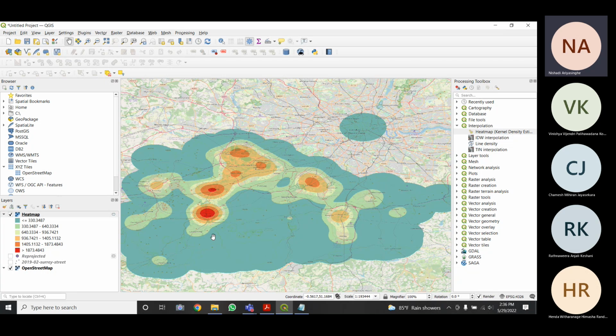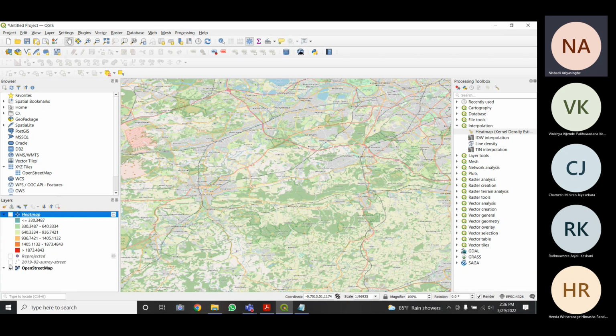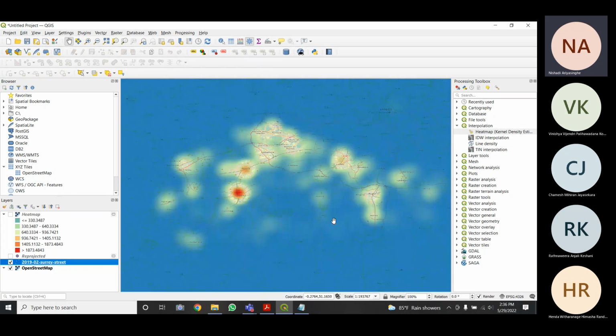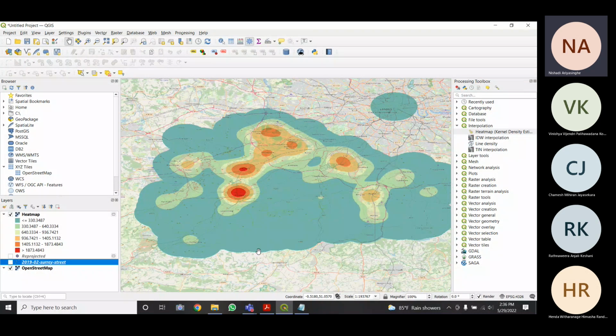Here, unlike in the previous heat map, if I untick this and tick this heat map, yeah, this was the previous one, right? This was the previous heat map. So you decide which heat map is more clear, this one or this one. I think this heat map is more clear, right?